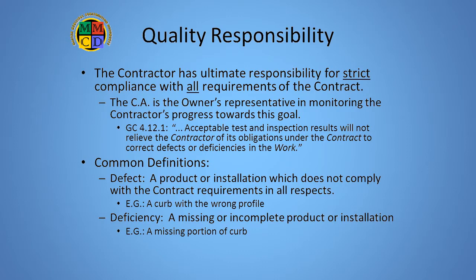I guess we should define what I mean by defect or deficiency. It is interesting that the MMCD does not define these terms. I guess we figured they were obvious enough not to need special attention. Anyway, in my view, a defect is where something is built wrong or has been damaged, whereas a deficiency is where something is missing, either totally or partially. However, the two terms are often used interchangeably.